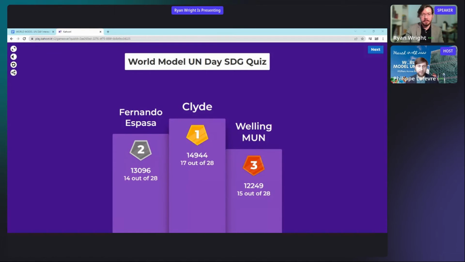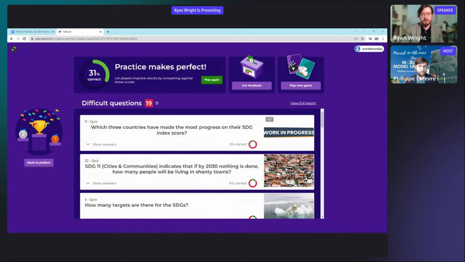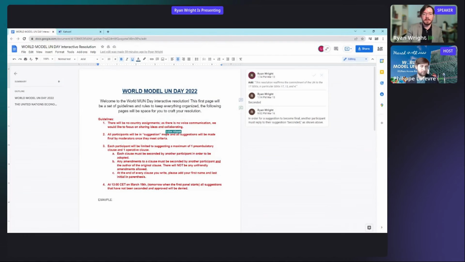Yep, okay, so now we are going to go over to the interactive resolution. Now, it's going to look a little bit daunting, but trust me, it'll make sense as I explain it. And I'm going to have some people in here helping me, like Lou Jane and Philippe. Can you zoom in a little bit, please? Yes, I can.